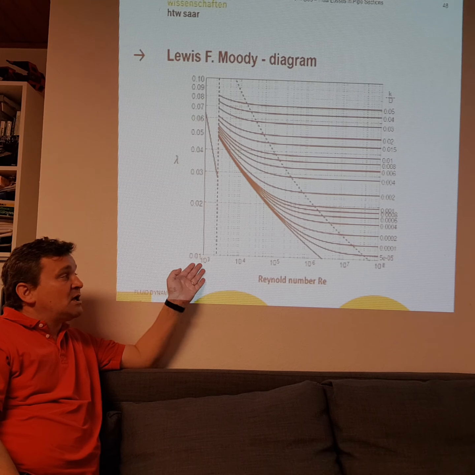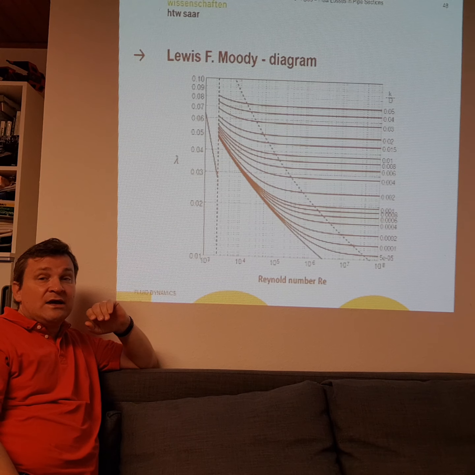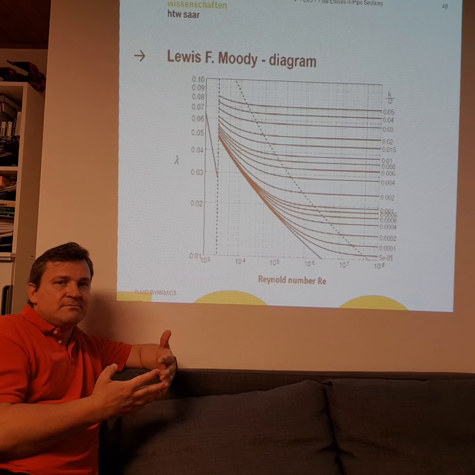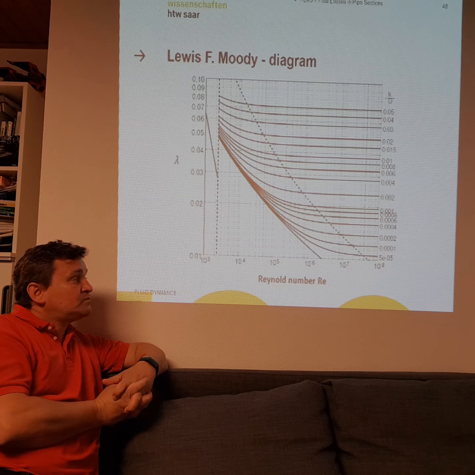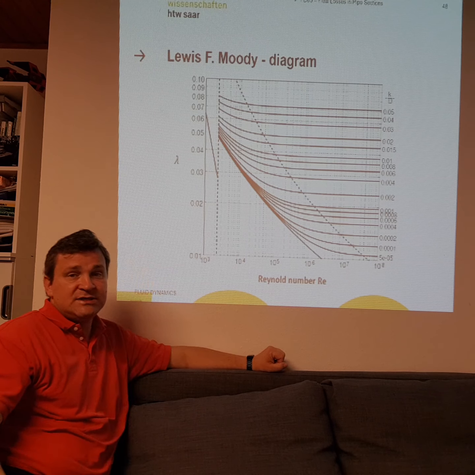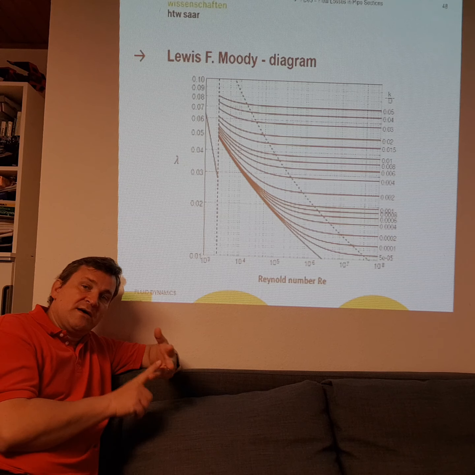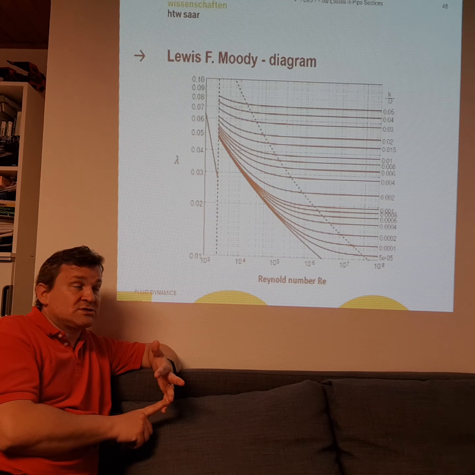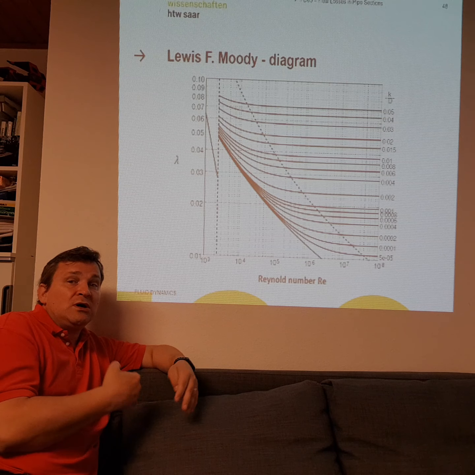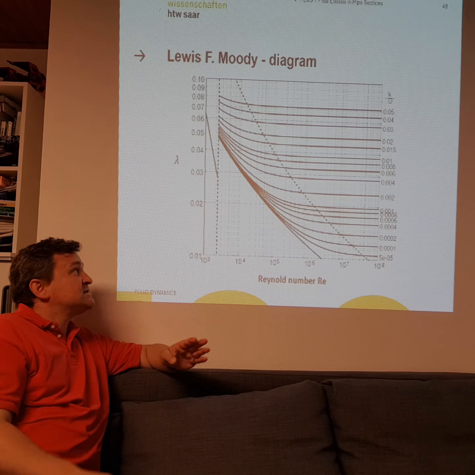We need this, I called it the Nikuradse diagram. You can also call it the Moody diagram. Again, we have two different scientists who made the same measurements. And if we take this Moody diagram, we have here again our Reynolds number. Please remember, it is calculated by diameter times velocity times characteristic length scale divided by viscosity. And please also remember, if we are lower than 2320 in the Reynolds number, we have a laminar region, and then we are here at the